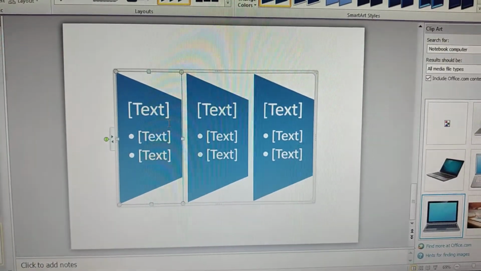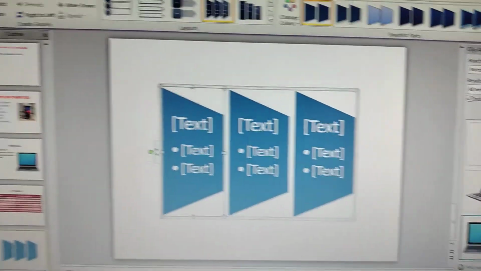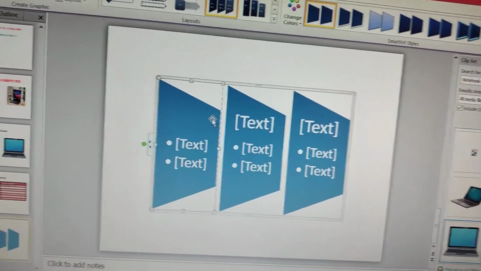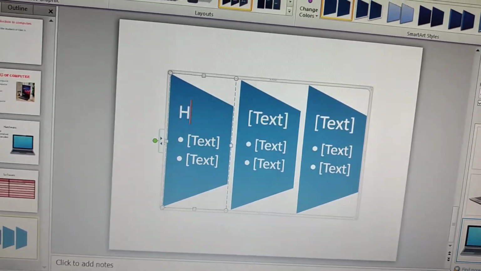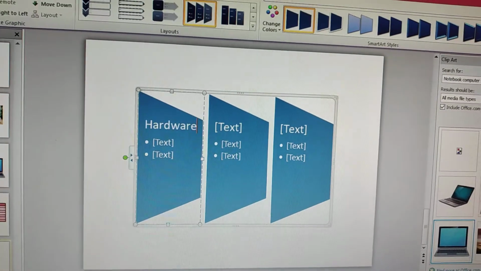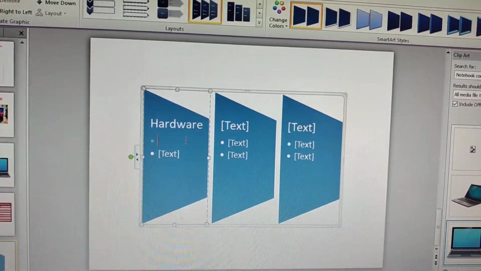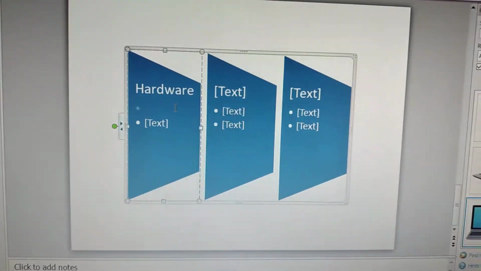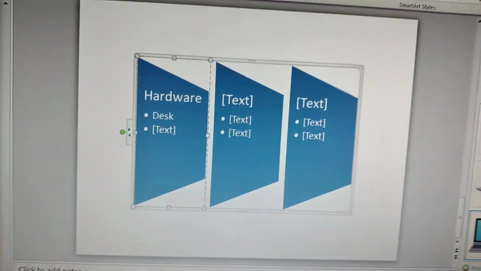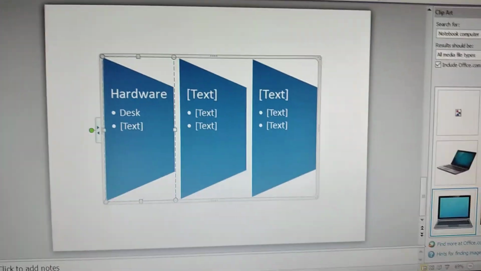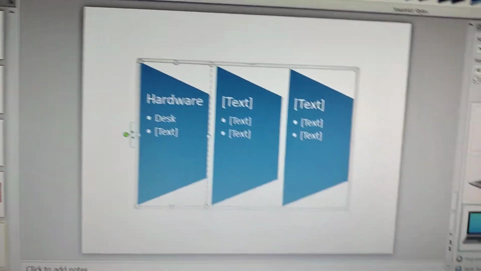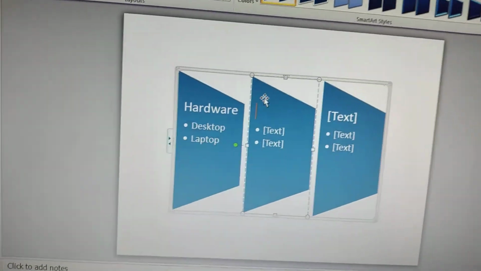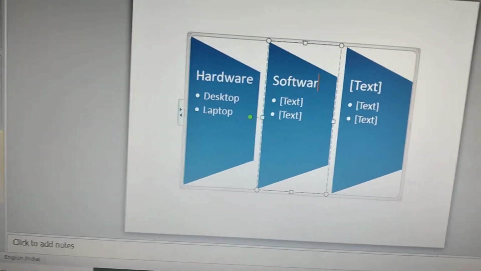See, this smart art is available. Whatever you want to write, you can write over here. Suppose it's hardware. Next is hardware के अंदर what we have, desktop and laptop. So desktop and laptop. So in this way you will write about hardware, then you will write about software.